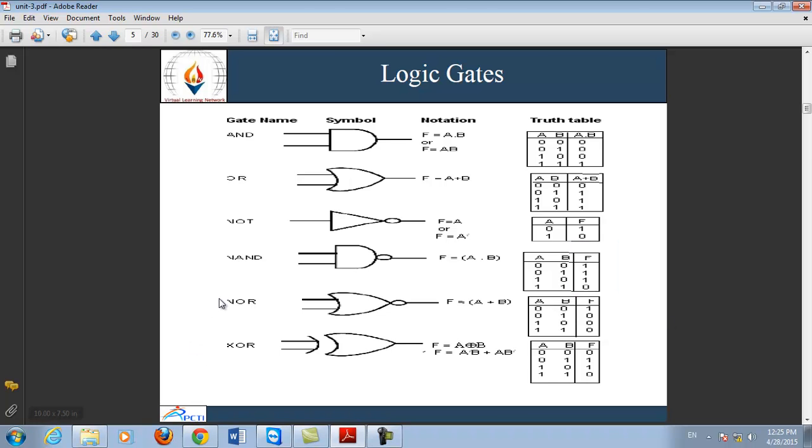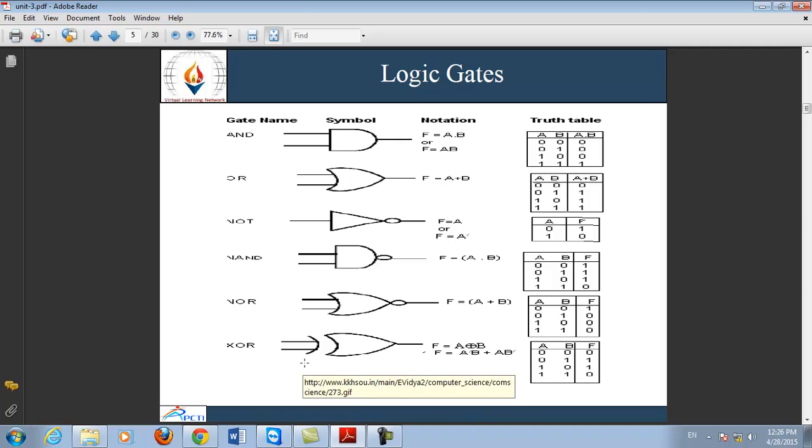Similarly, NOR is also a universal gate. The output of NOR will be A plus B whole complement. In case of NAND and NOR, in this example the complement is missing, but there is a complement, that is a line on the top of this. Whole complement means NOR is the combination of OR and NOT. The output of OR is this, and if we pass this output to NOT gate, then this output will be reversed. Instead of 0 1 1 1, it will show 1 0 0 0 in case of NOR gate.